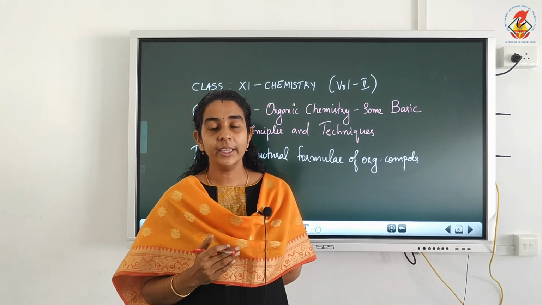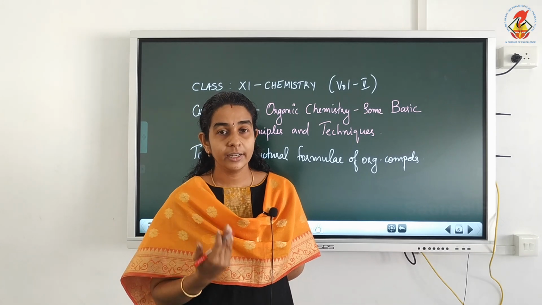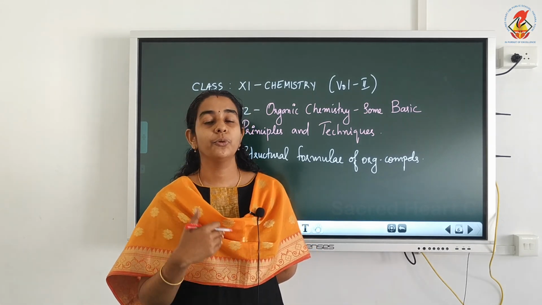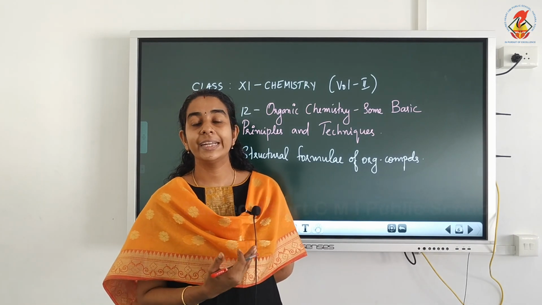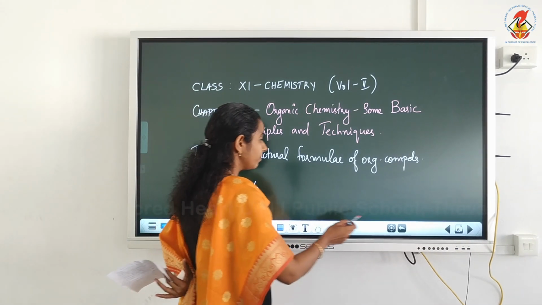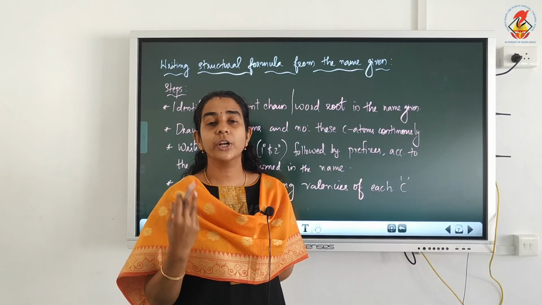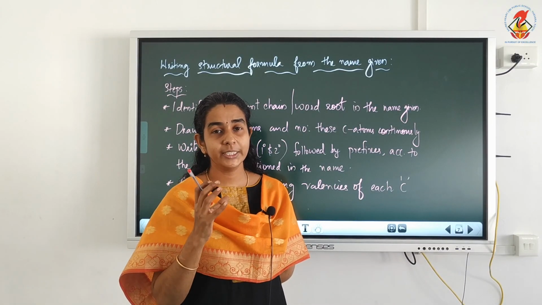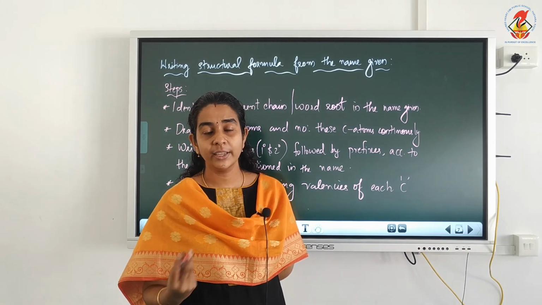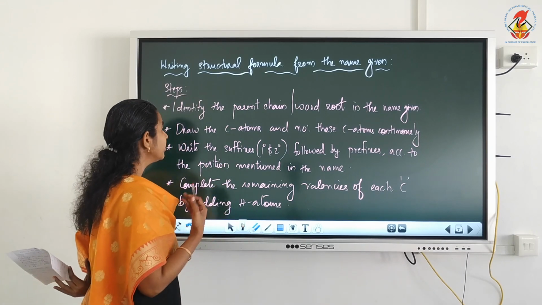That is why we have to study the common names, alkyl groups, everything before we start studying the IUPAC naming and before we start writing the structures. So first we will see how we write the structure of an organic compound from the name given. What is the first thing we do, then the second thing, the third step? Okay, so what is the first step?